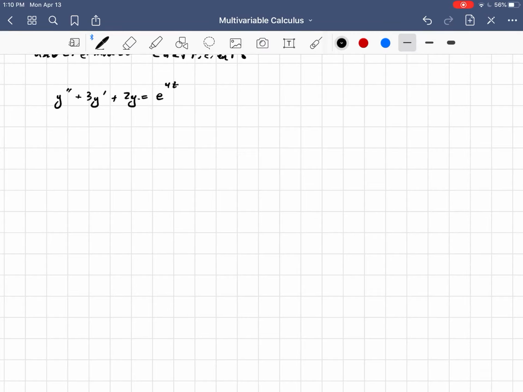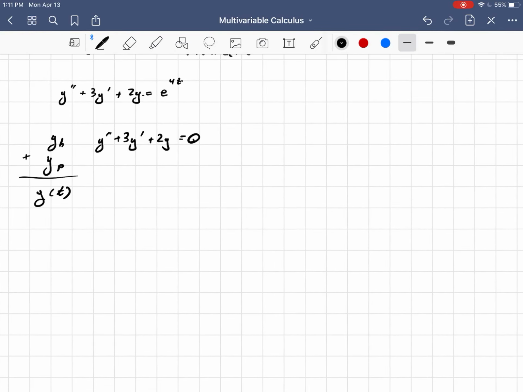So the idea is that, using the superposition principle, if I can come up with the solution, I'll call it y sub h, meaning h for homogeneous, the solution to the differential equation y double prime plus 3y prime plus 2y equals 0, and then add that with y sub p, where y sub p is just one particular solution to this differential equation, then that sum will give me my desired general solution. And the reason why this is true is because